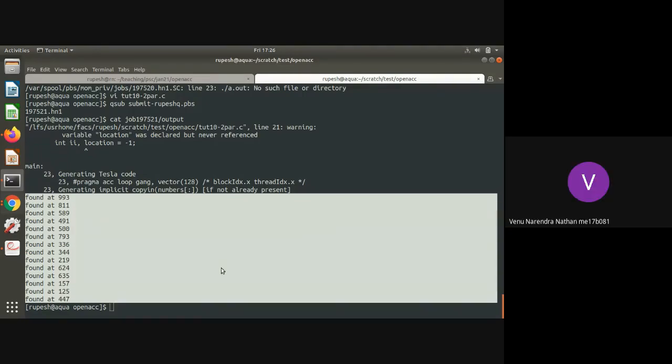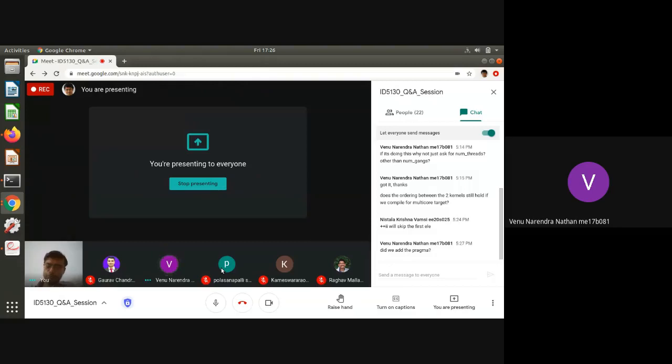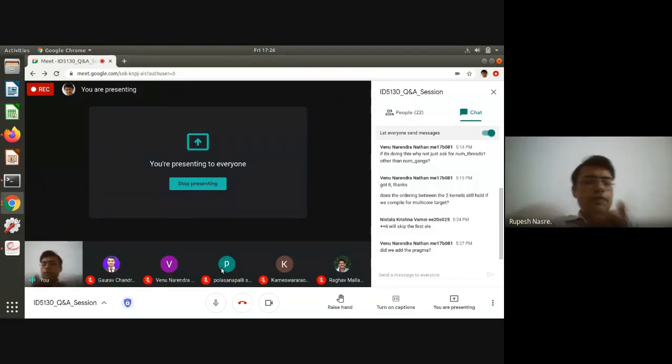It's finding that number in multiple locations in the array. So sequentially we were able to break as soon as we found the first occurrence, but now it is happening in parallel. So it's possible that different threads will find it and they will just print it, right? We are not able to exit at the first output. There are ways in which we'll be able to do it, but it's not guaranteed whether it is going to be the first one or not.